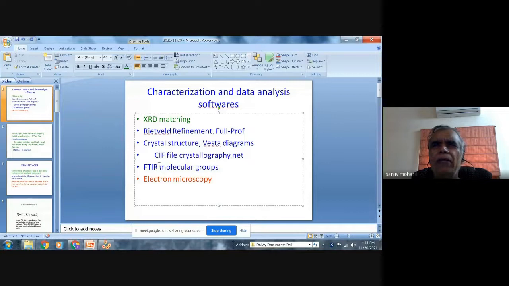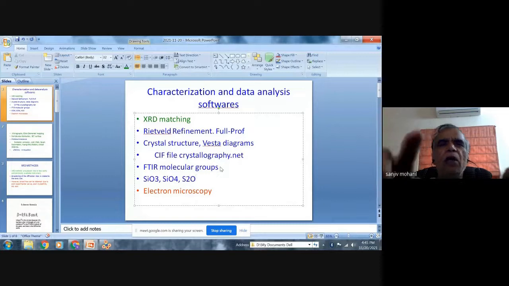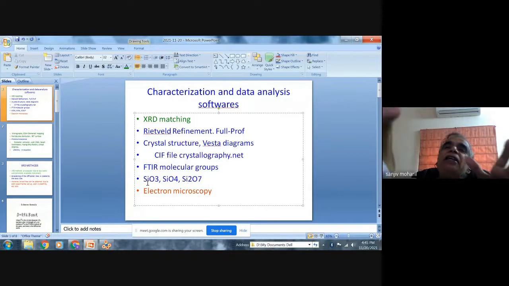For example, if I am making a silicate, then there are various types of silicate. I have got metasilicate, SiO3, or I have got orthosilicate, or I have got pyrosilicate. Now, all these silicates have characteristic infrared absorption. So infrared spectra will tell me which group is formed.